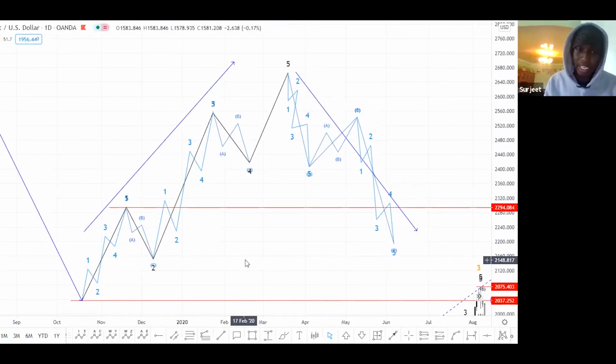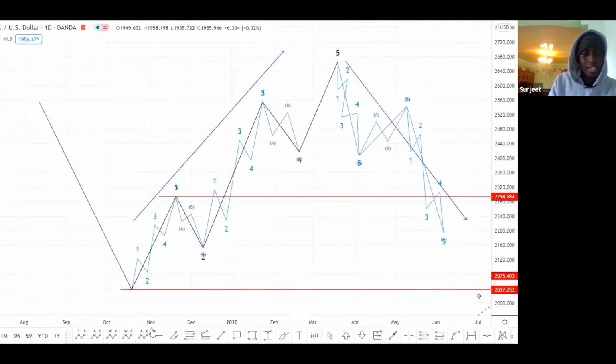Yeah, so these waves are related using Fibonacci ratios. If you look at this, wave 2 here is a retracement of this move. Wave 4 is a retracement of this move, while wave 3 is an extension of this move, and then wave 5 is also an extension of wave 3. So here's how you do it. Wave 2 here normally retraces wave 1 by